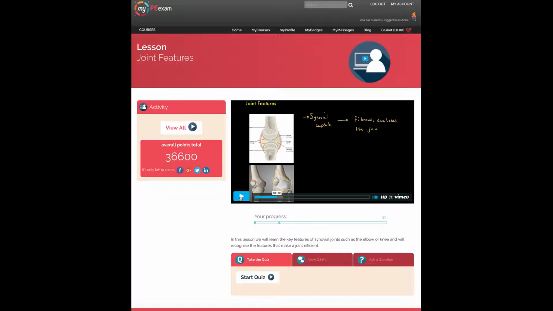Last point from me, it's very important that the student makes notes from these experiences. I'm going to say that again: note taking is a key and essential skill of an effective student, and we encourage the student, and of course the teacher guiding the student, on how to do that.